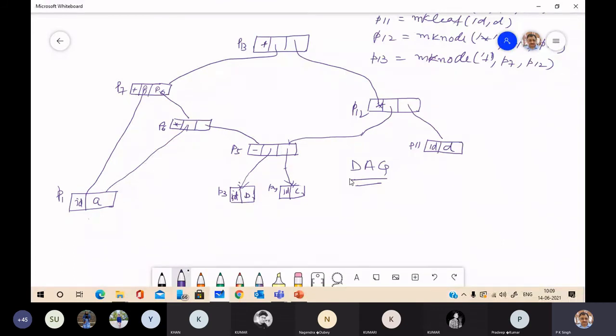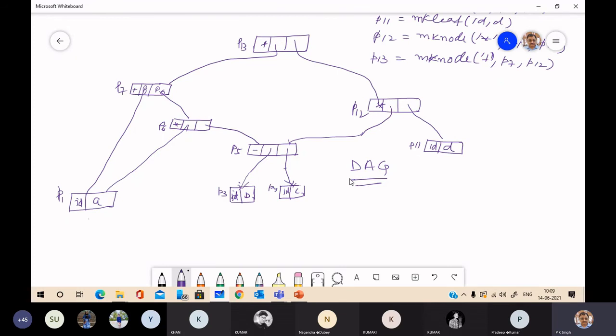So you may use this graph for representing the syntactic structure of that expression. That is more efficient. You will use this for generation of the three address code.